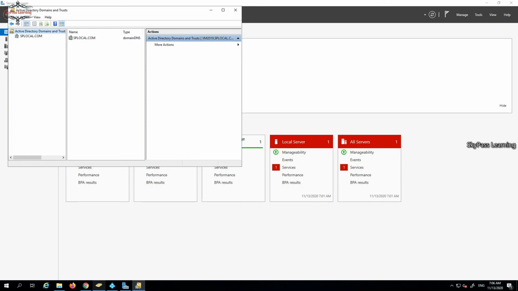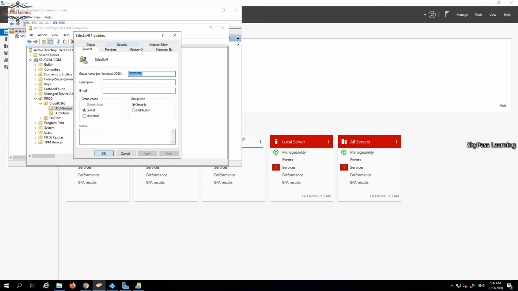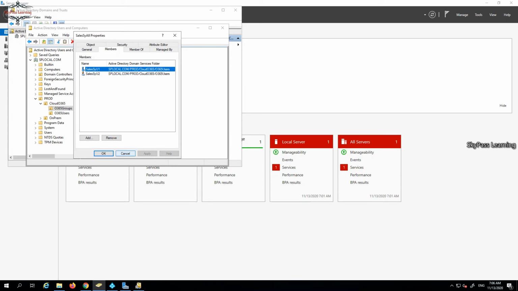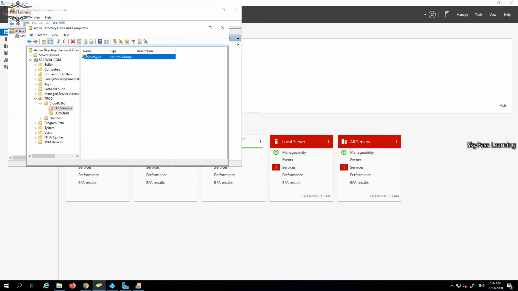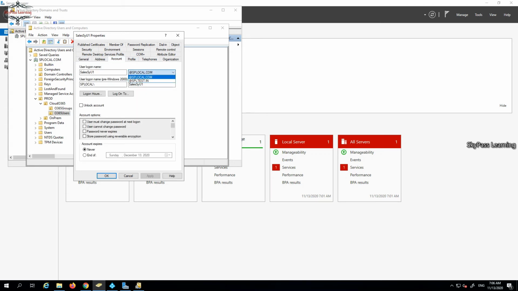Let me go back to my users and computers and see it. Okay, these are the two user accounts that are added in the group. Let me quickly show the users. What are the users' UPNs right now? Currently it's spl.com, and I change it to spltest.in.